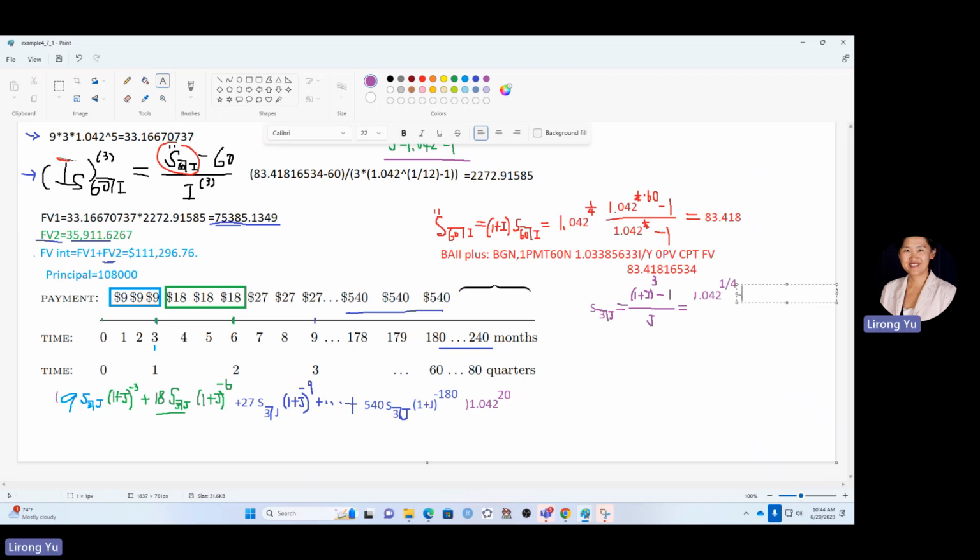Then this minus 1, and this is over the j. J is going to be 1.042 to the power of 1 over 12, minus 1. This calculation looks funny. We can then calculate it. The answer is,